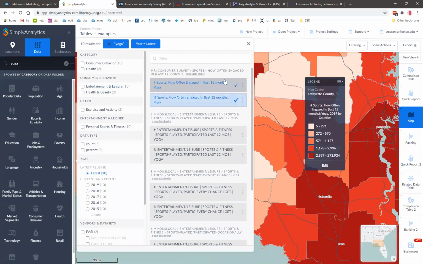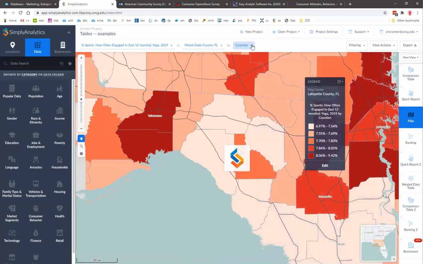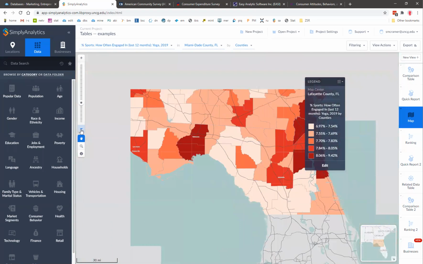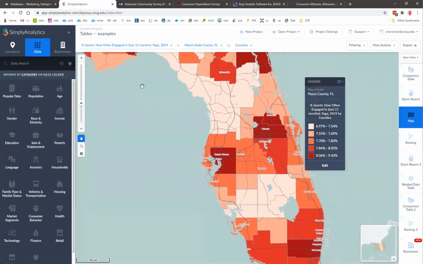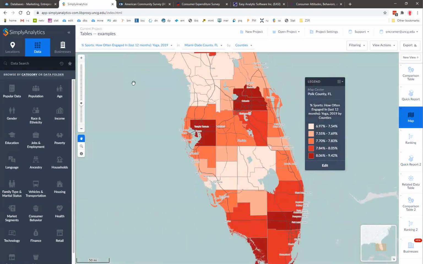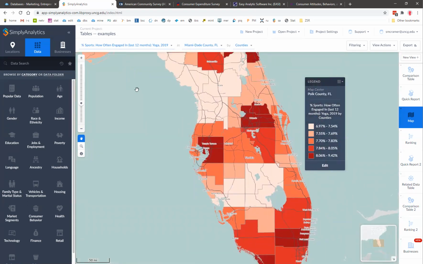I'm going to change my map here. And this might not look too different. I mean, yoga, I would suggest, is more of an urban activity, maybe skews younger. We can study this and measure this and make sure those assumptions are true. But now we are comparing counties of different sizes of population by percentage of interest, and we see the data now as percentages between 6.9 and 9.4. And yes, Miami-Dade still comes up pretty high among other counties. So when you're comparing places of different sizes, percentages, not total number, are often a better way to go